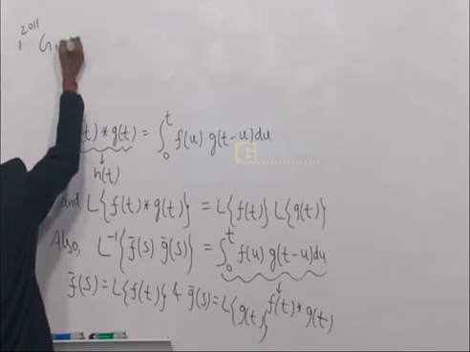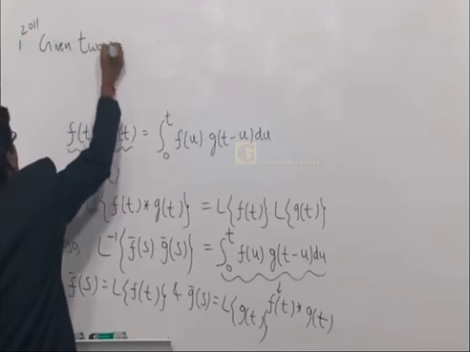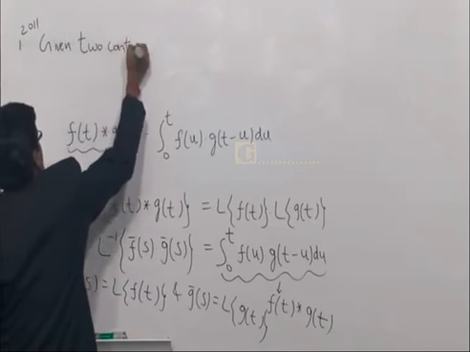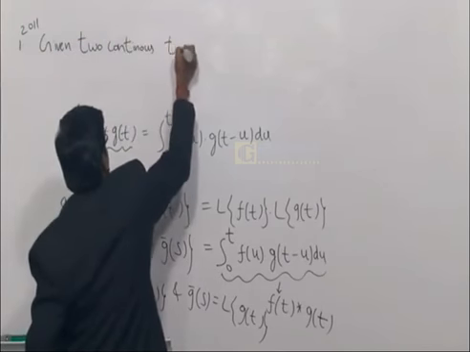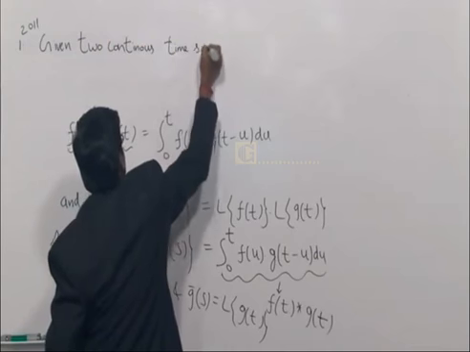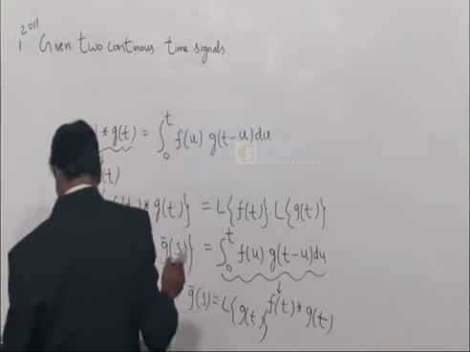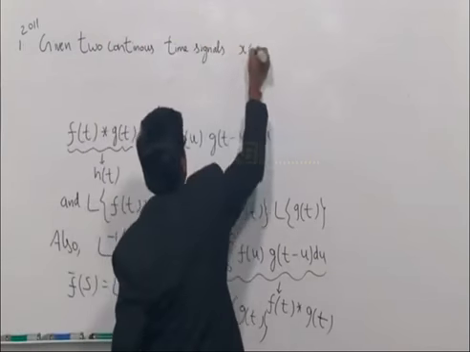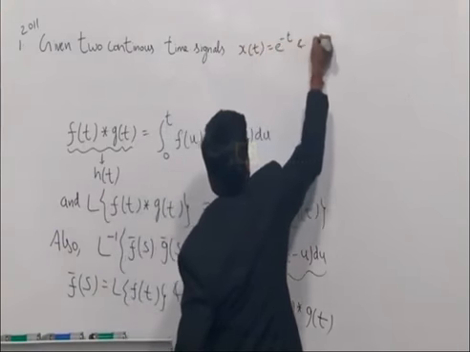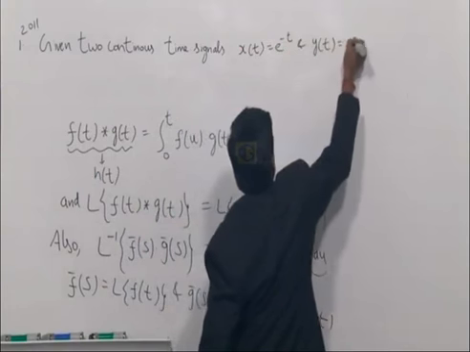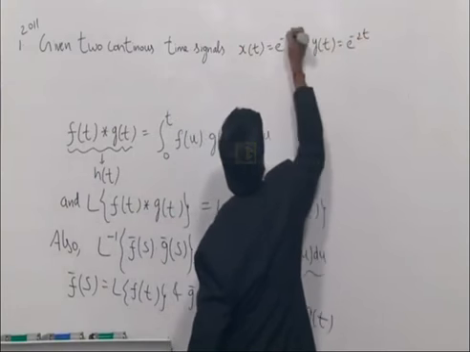Given two continuous time signals x of t is equal to e power minus t and y of t is equal to e power minus 2t,